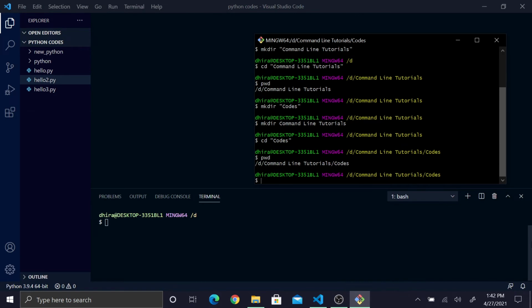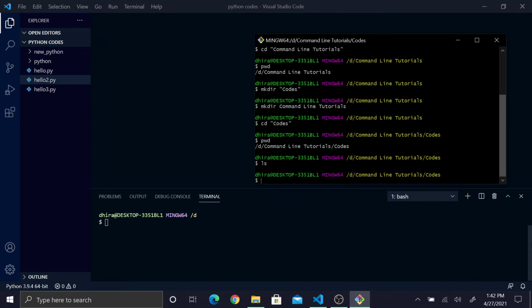So pwd, see, I am inside my codes folder right now, and if I give ls, you won't get anything because the folder is empty. Now I want to make a new file in my codes folder. So I will type touch text document dot txt.